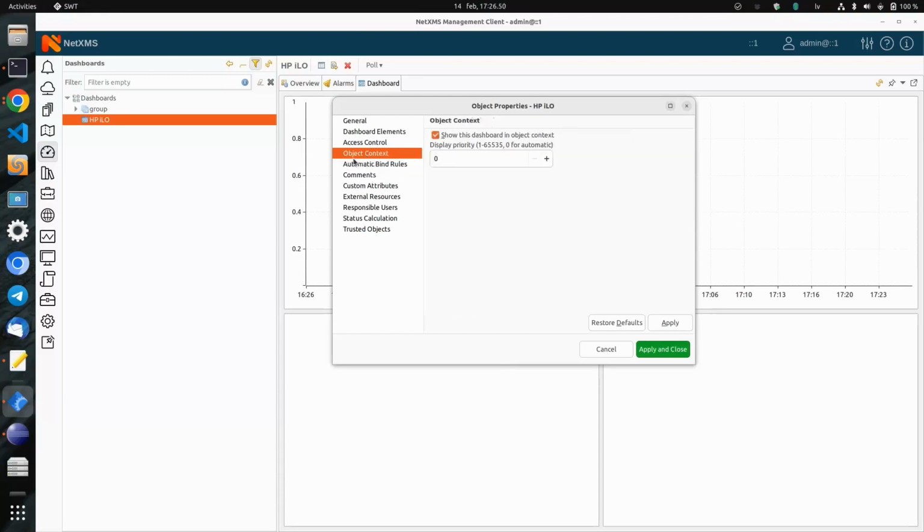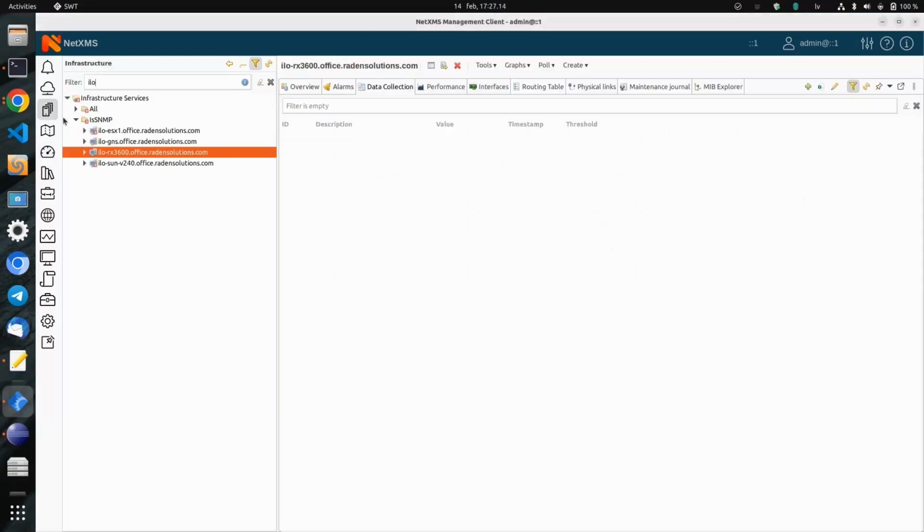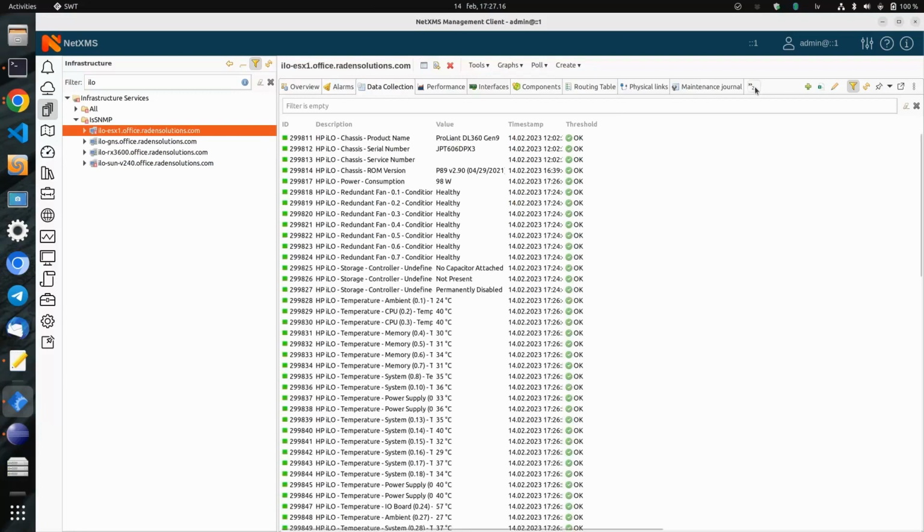Then there is object context configuration. If I remove the tick, it won't be shown in the context. It will be shown currently only in the old console through the right click. So, if we go here, now you can see that we don't, no, we still have to... Okay, so it should be auto-populated